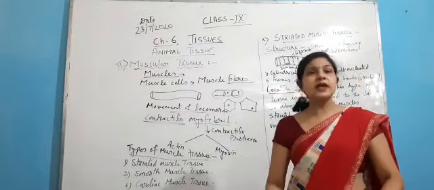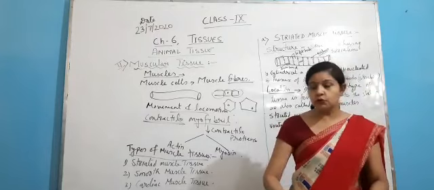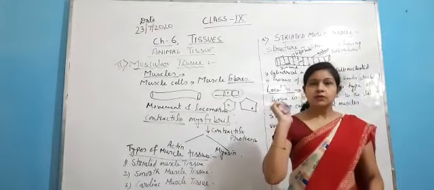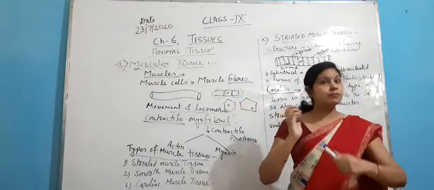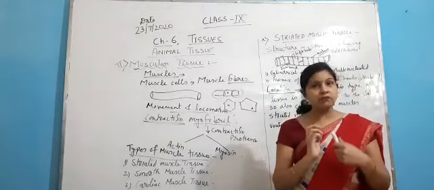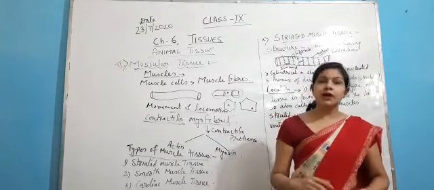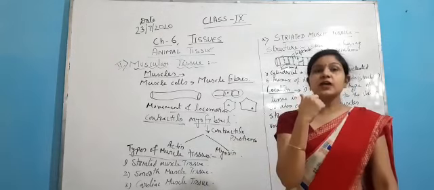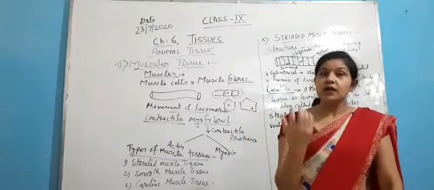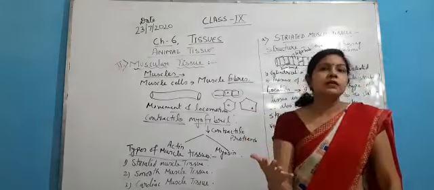For example, the muscles of our hand, as I told you. If I want to put down any object, only then will my muscles work. They will not work by themselves. They will work by my conscious will. If I don't want them to work, they will not work. Like the muscles of our legs, if we want them to move, only then will they move. The muscle of my tongue, or every organism's tongue, if I want it to move, only then do the muscles move.